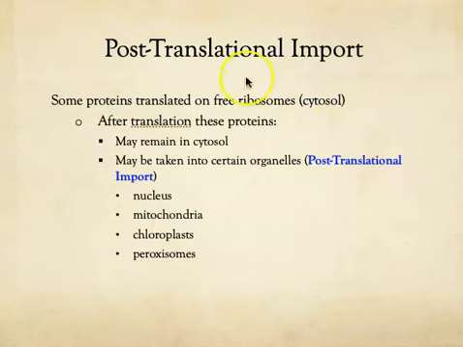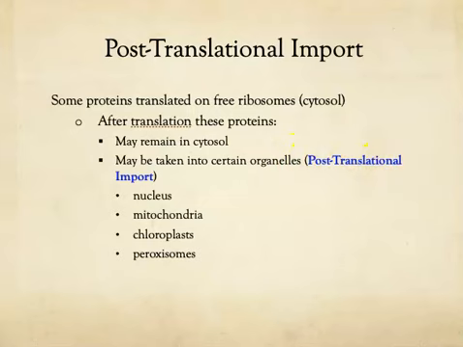These proteins are going to be translated on these free ribosomes. They may or may not get modified. They will be folded eventually, but they will be brought in to their final destination through a process known as